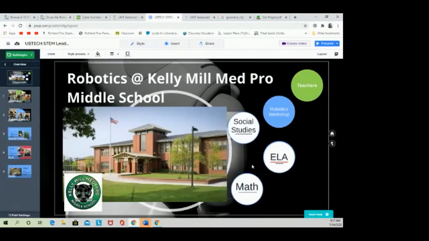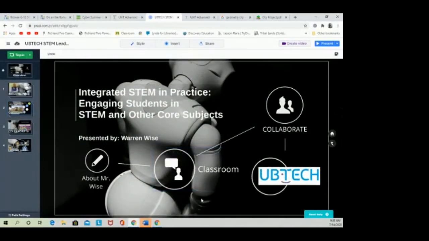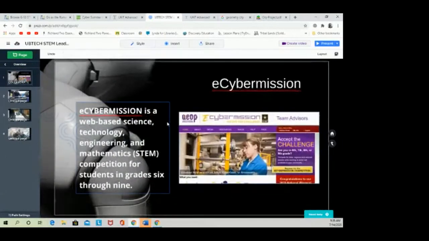Now, I didn't put science in here because I'm a science teacher. I'm going to talk about that itself. With science, I wanted to not just have regular robotics in the classroom. I wanted to actually put together a collaboration, okay? And what I wanted to do was use other organizations and see how we can take our robotics and STEM to a different level. When we were using the UVTech themselves,